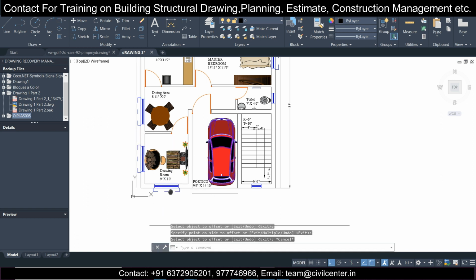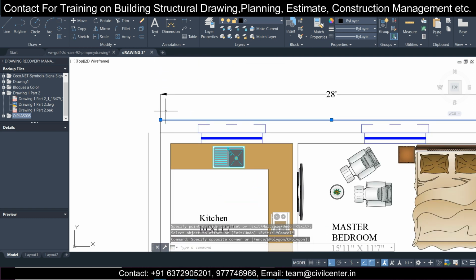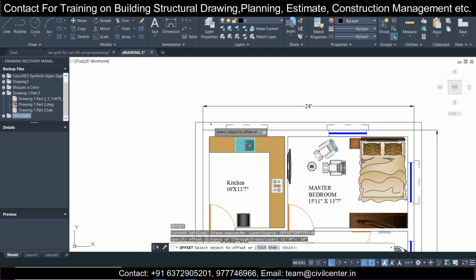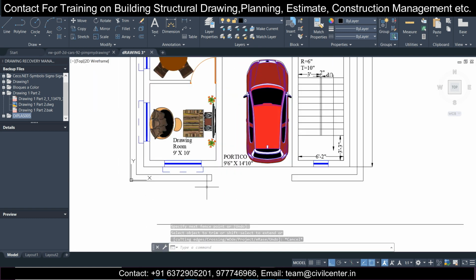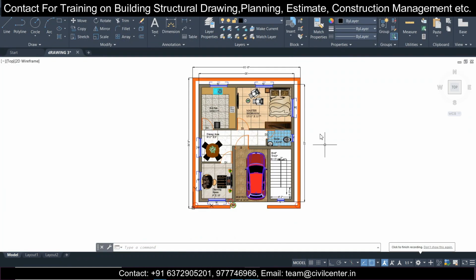Like this we can take, and here we can use F, enter, select this and this, and this can be used for the boundary wall. Hatch, this is our boundary wall. Now if you want to put some grass, you can also do that.